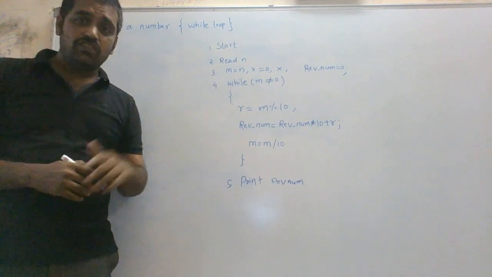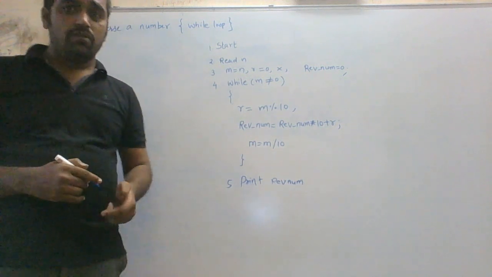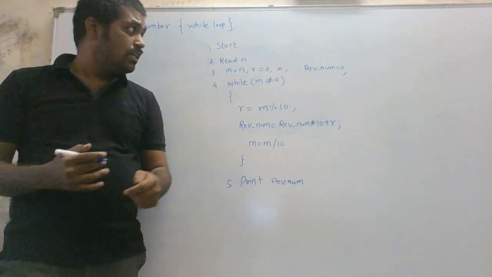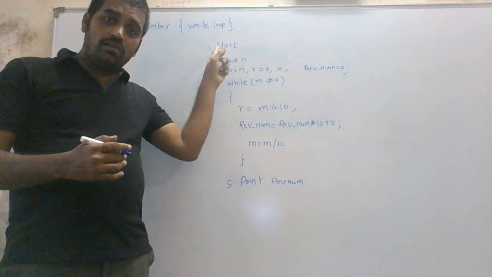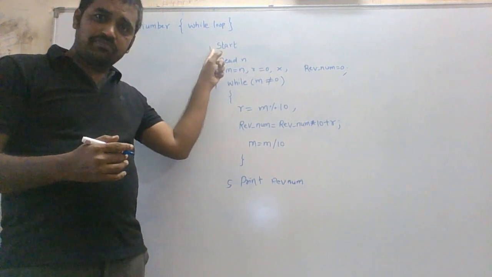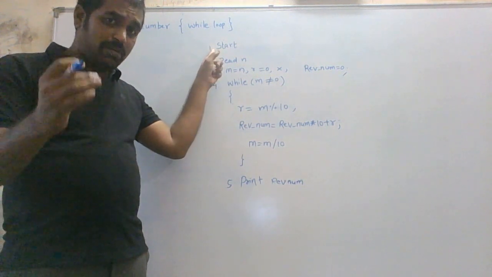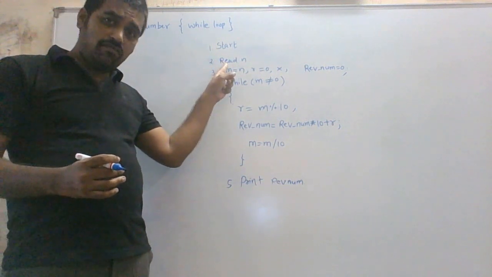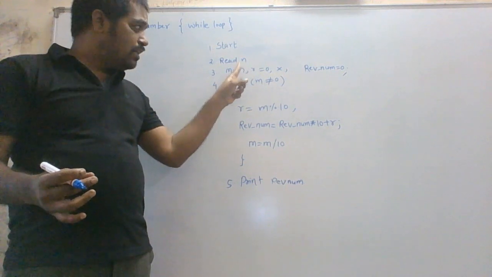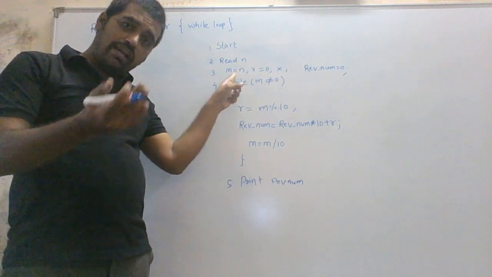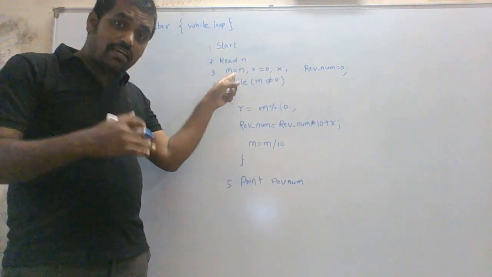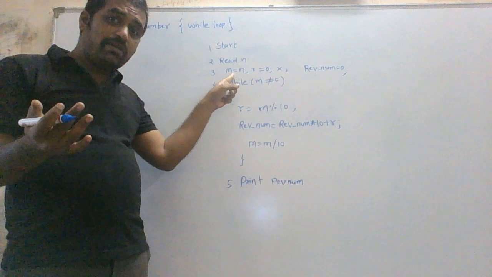So let us first understand the logic behind it. Whenever we want to reverse a number, we have to use a particular logic. The flow of the execution will be something like this. We will start. I am discussing the complete program now. Then we read the value of n, any number, which I want to reverse. Then we store it into another auxiliary number, so that if later you want to print the current number as well as the reverse number, it will be helpful.